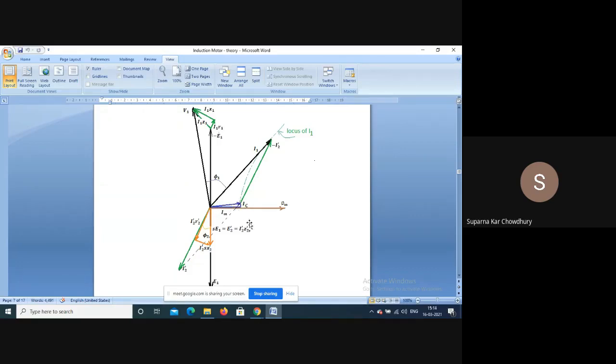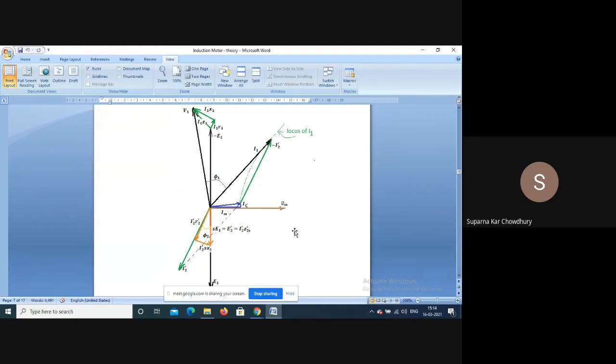So this is the hysteresis angle. This angle depends on the core material, the size of the hysteresis loop. Now at no load in the secondary, there is no load on the shaft, only the losses. So the secondary current is very small, almost negligible. So the motor will attain a speed which is very slightly different from the synchronous speed.